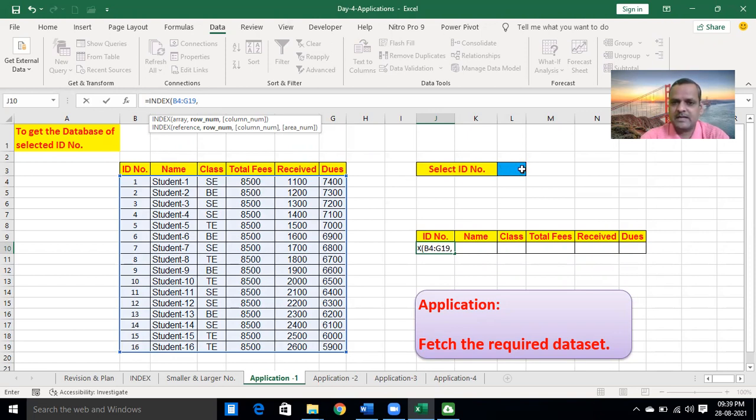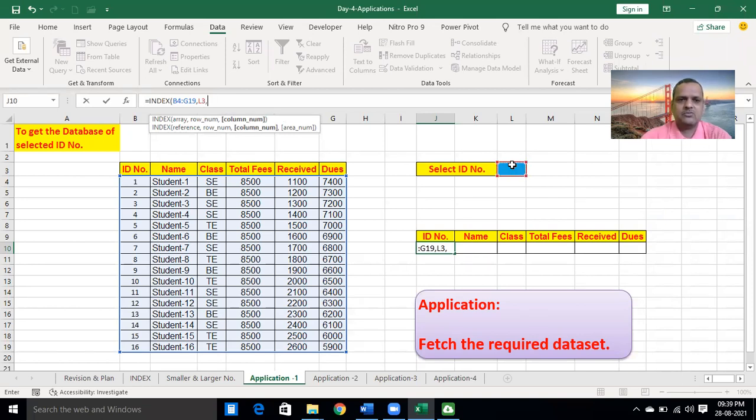The hidden meaning of this ID number is the row number: first, second, third, fourth, fifth. As per this table, it represents the first row, second row, third row, fourth row, till the 16th row. Which cell do we need to select for the row number? L3. Okay, you need to select the cell L3.